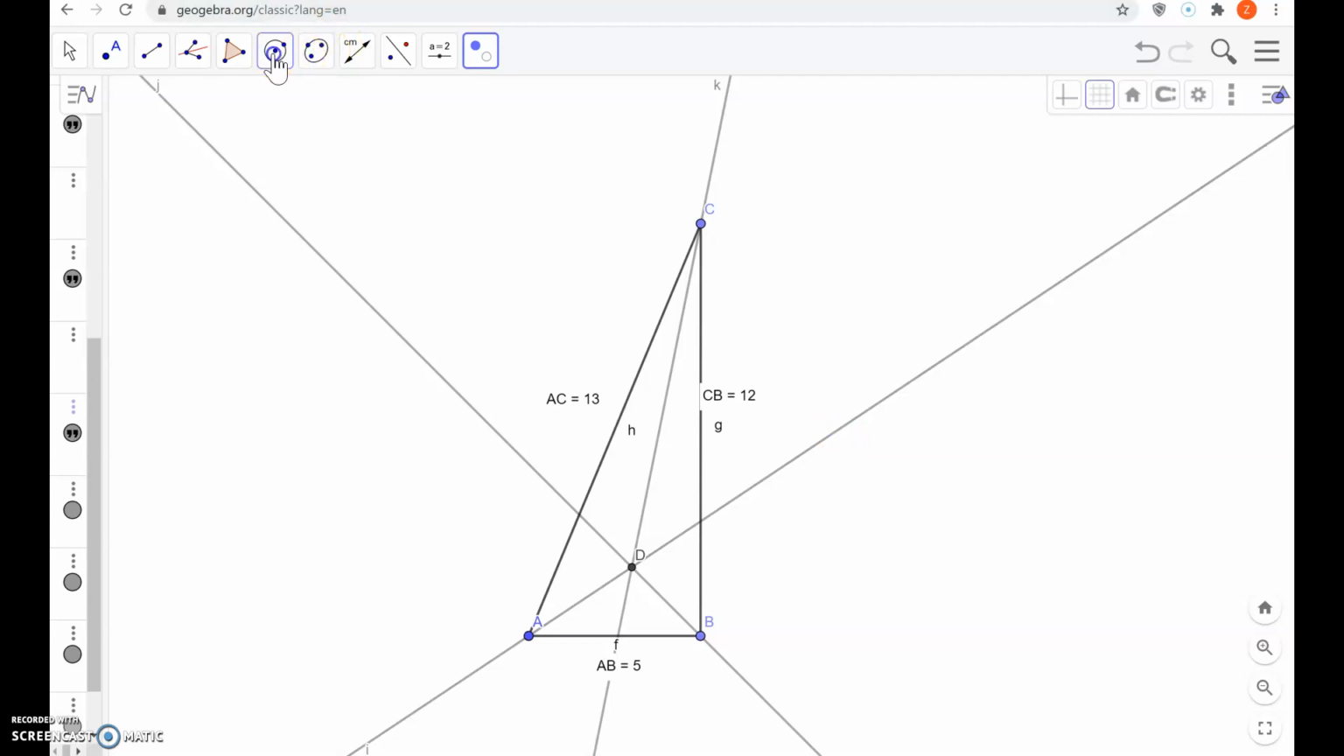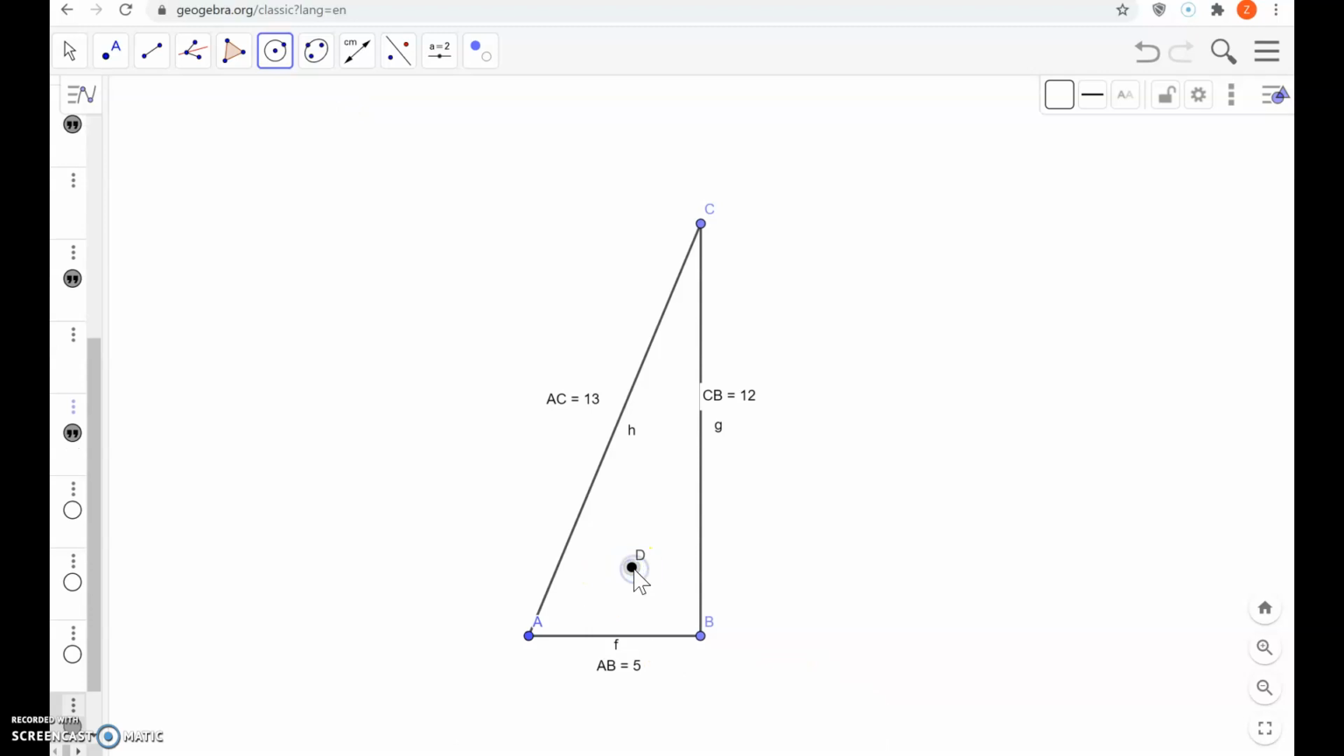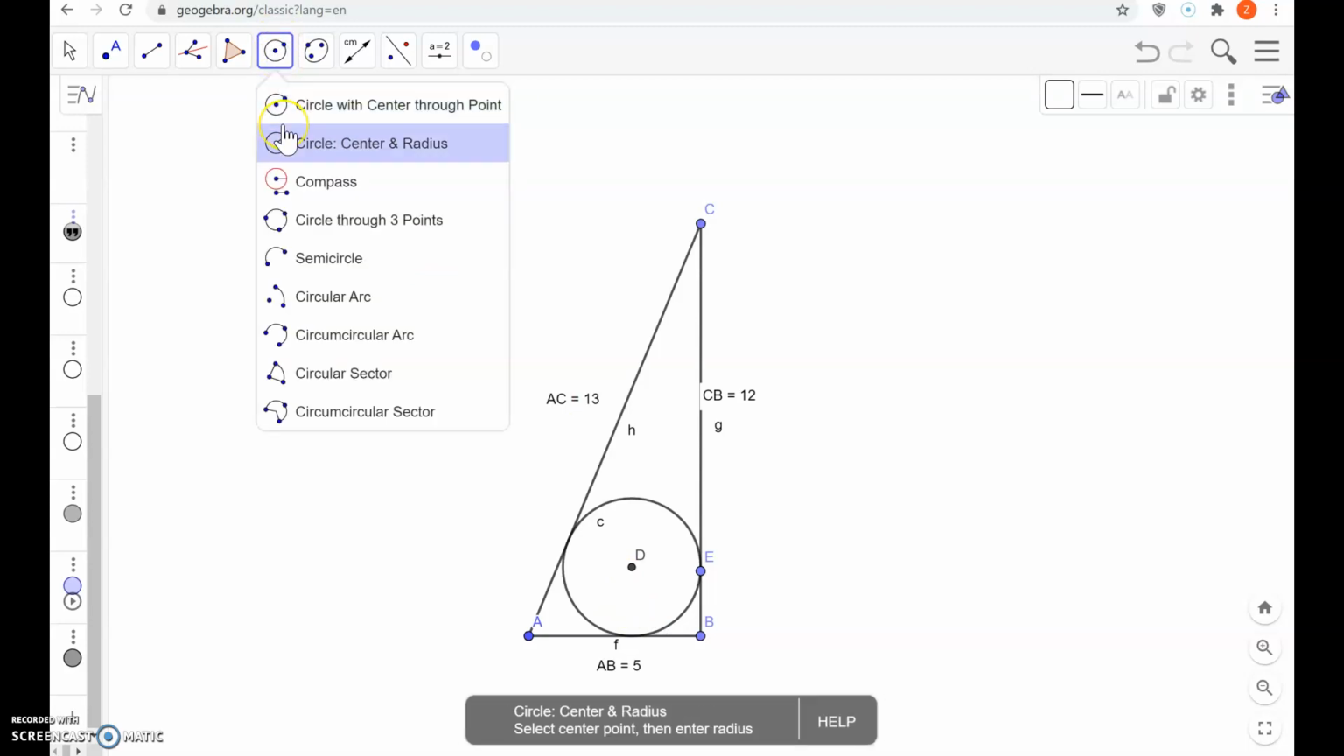Now we create a circle with the center at D here, and then we make it tangent. So all the sides of the triangle are going to be tangent with that circle. So a point is going to be lying on one of the sides there. That'll create that inscribed circle. And then for the circumscribed circle, what I did was